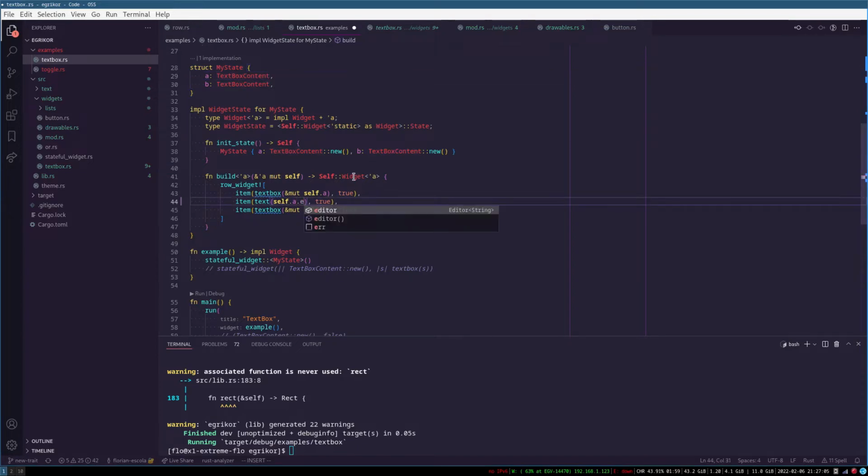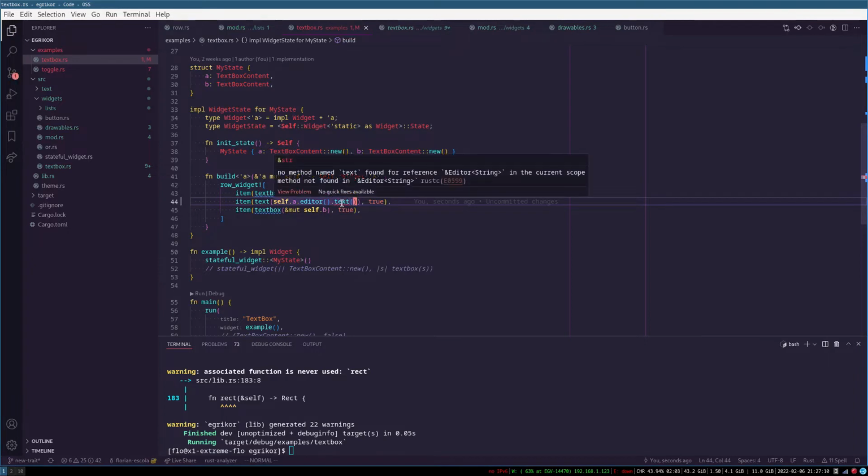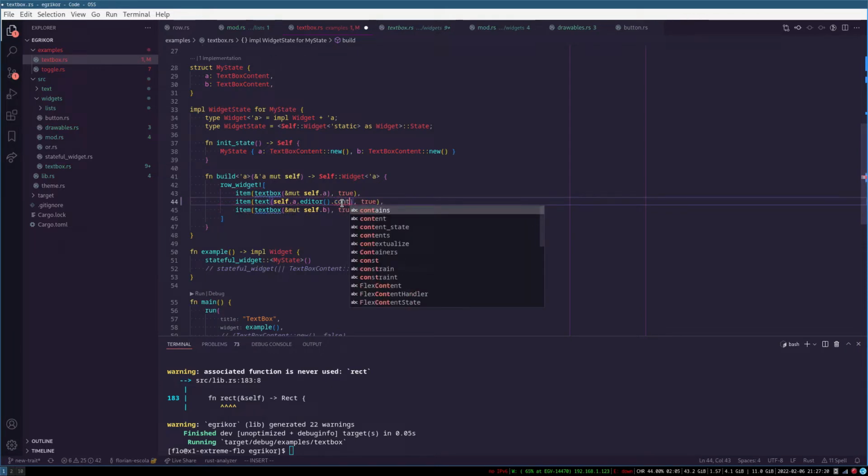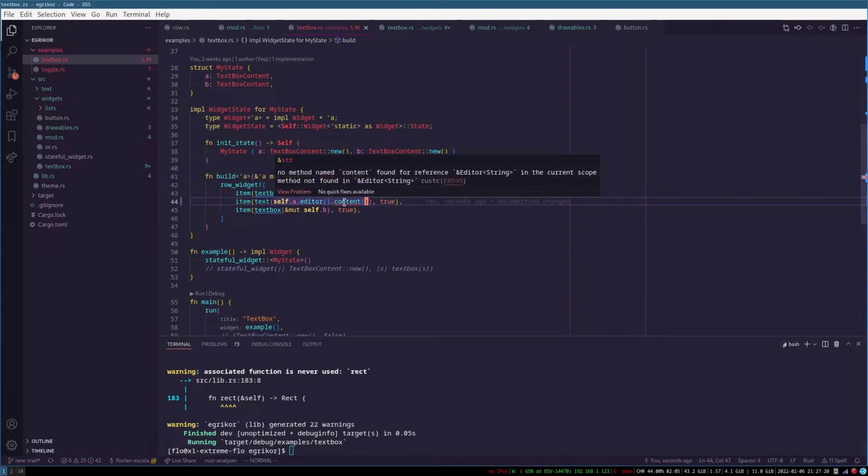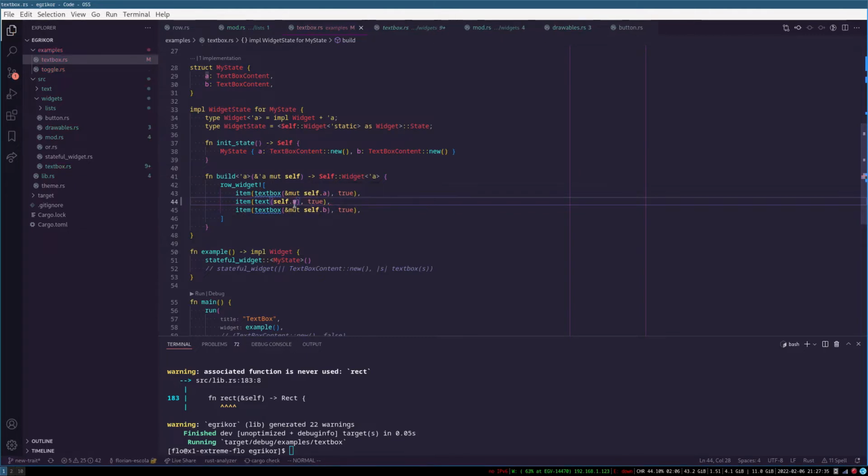But there's also another dot text. Nope. Yeah, autocomplete doesn't really work here. Okay, whatever, I'll just explain it, because currently text is limited to